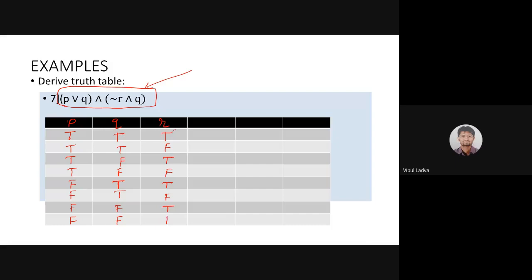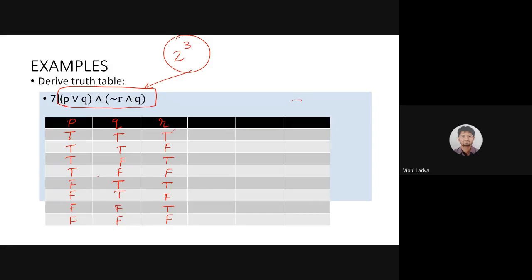Earlier, in a different subject, you were dealing with 1 and 0, where 1 stands for true and 0 stands for false. It's fine. Now, these are all the different possibilities: 2 raised to 3 possibilities, that means a total of 8 possibilities. 2 raised to 3 because we have 3 statements, and each of them has just 2 possibilities, true or false. So as per the rule of multiplication, the total possibilities for three statements will be 2 raised to 3, that is 8. These are the 8 different possibilities we may have when we are dealing with 3 statements.